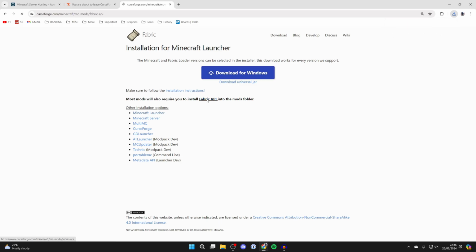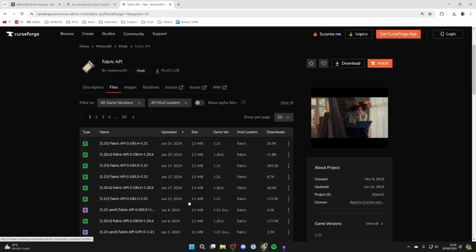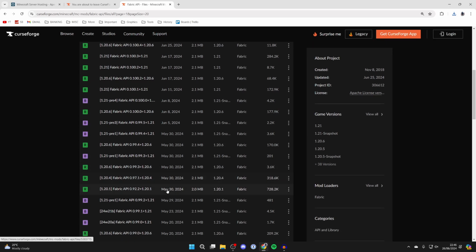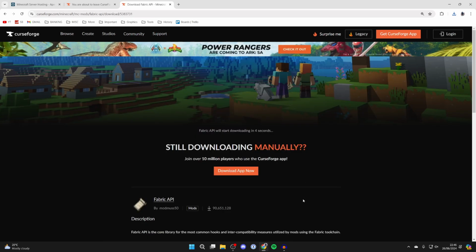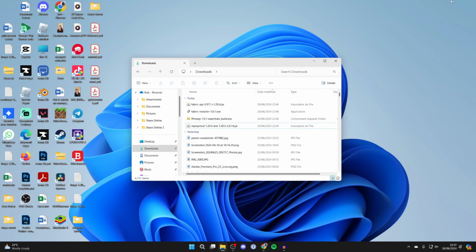And also get the Fabric API. So click here, then go and click on files, and make sure you get it for the same version as you got the replay mod for. So in this case, I got it for 1.20.4. Here it is. We can go over to the right, click on the three dots and click on download file and go and wait. Now that we've finished downloading what we need, you can come out of your web browser